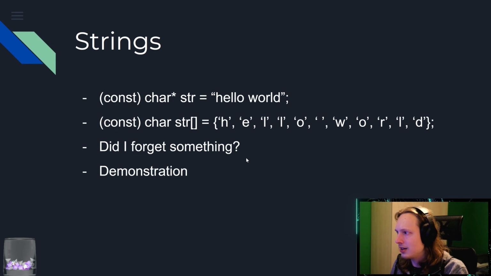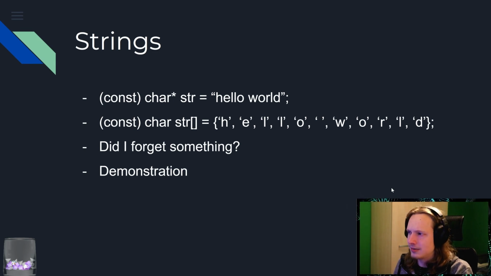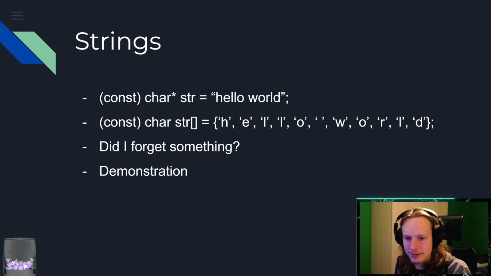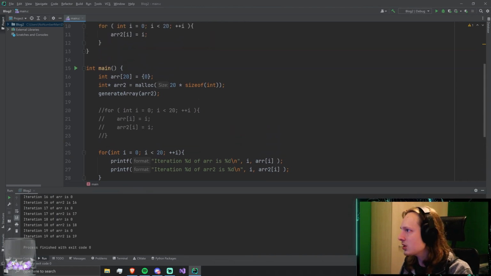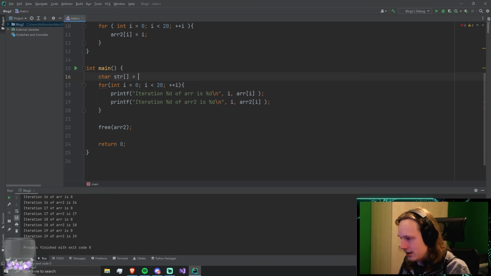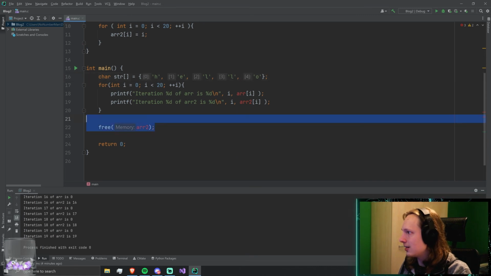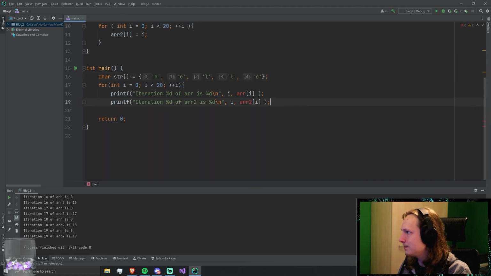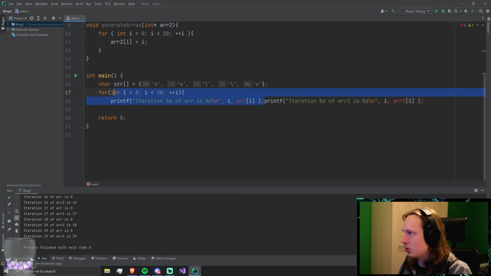Now what happens if I do the first line? Or what happens if I do the second line? In here. So what happens? I just make some char str array. Let's just set it to, oh, this is gonna take a little while. And set it to hello. I'll not do the whole hello world thing, that's gonna be a bit crazy. Just the hello. And then I don't have to free anything here. This is just a normal array constructor.